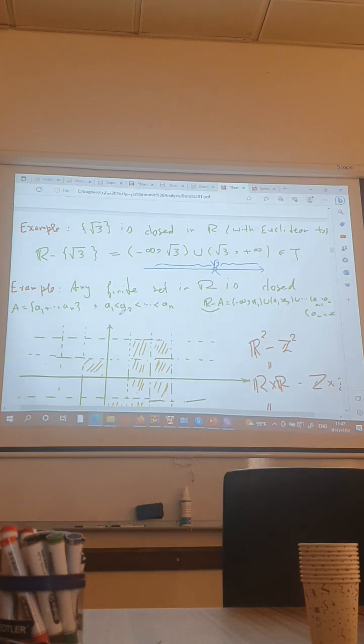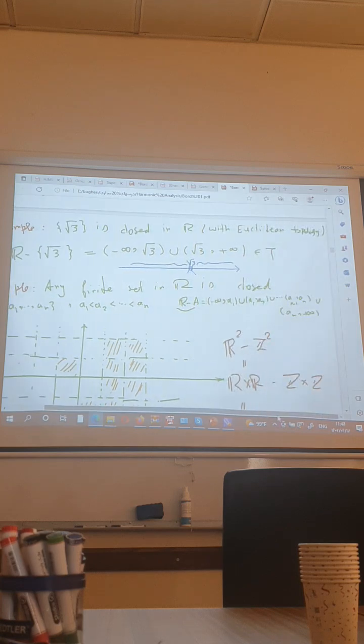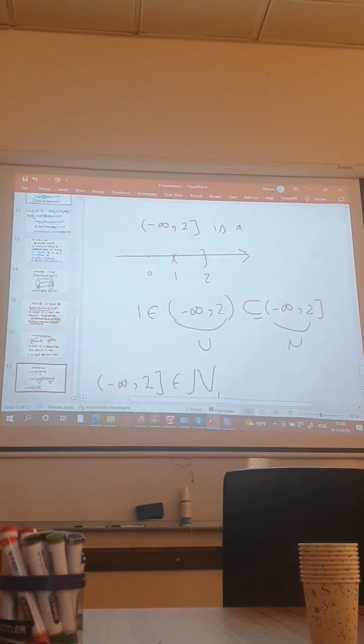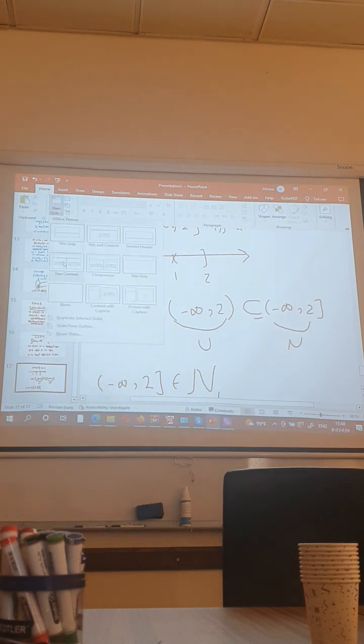And any finite set in R is closed, because if A is this finite set, A1, A2 up to AN, by this order, we can consider R minus A equal to this union. It is very trivial. R minus A is equal to an open set. This is very trivial because we see, for example,